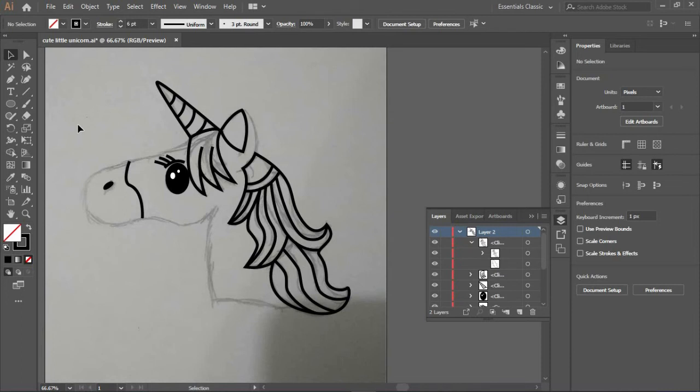Okay, so we are done tracing our cute little unicorn head in Adobe Illustrator. Now I'm quickly going to color this in, and